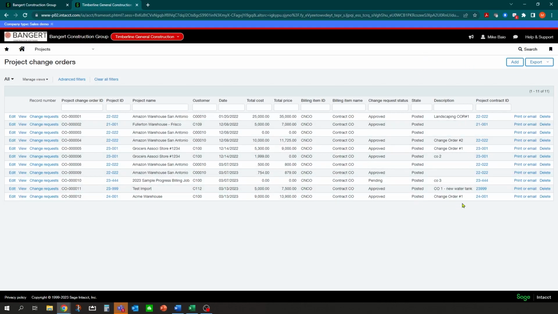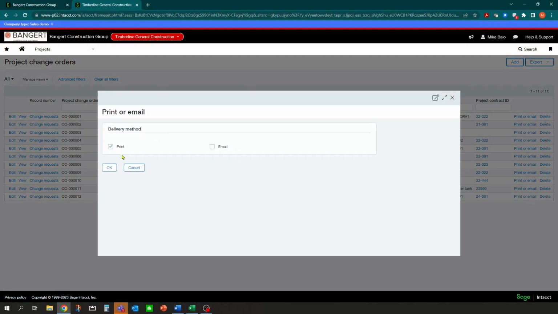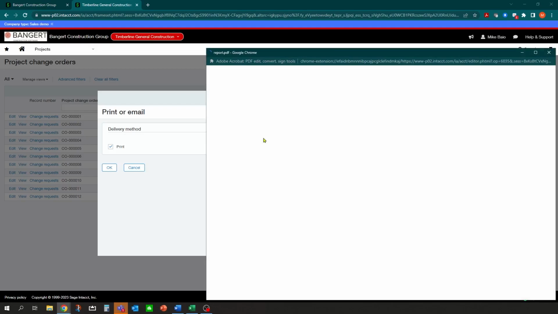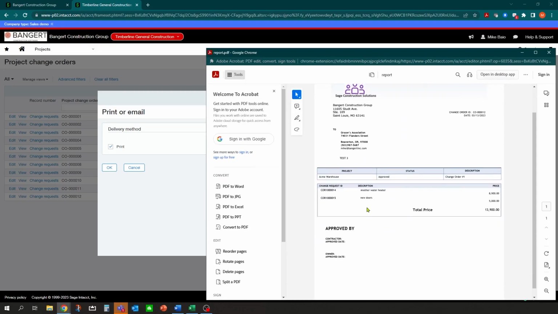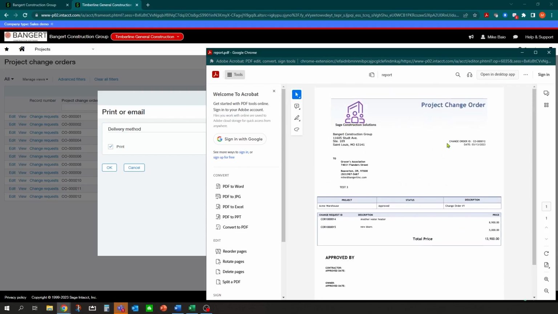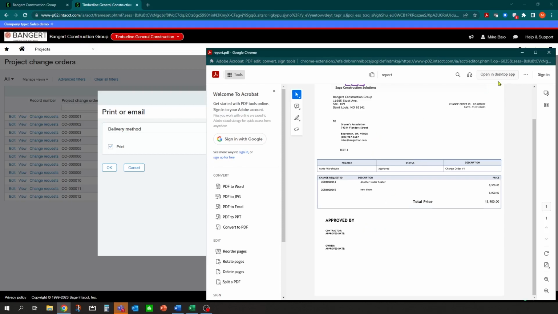And if I want to do a printout of that change order, I can hit print or email here. And let's take a look. And there it is. This one shows change request detail. And again, this can be edited and changed to what you guys want to see on your forms.